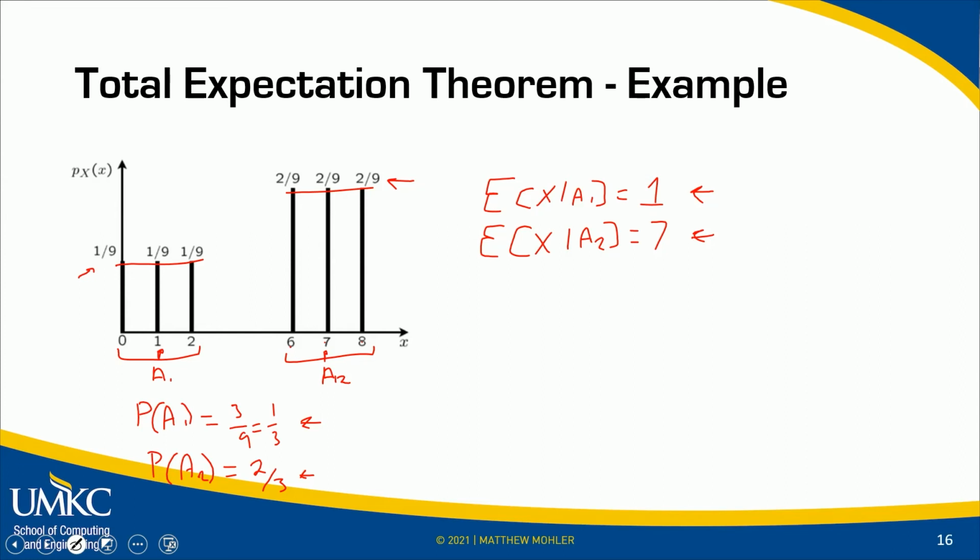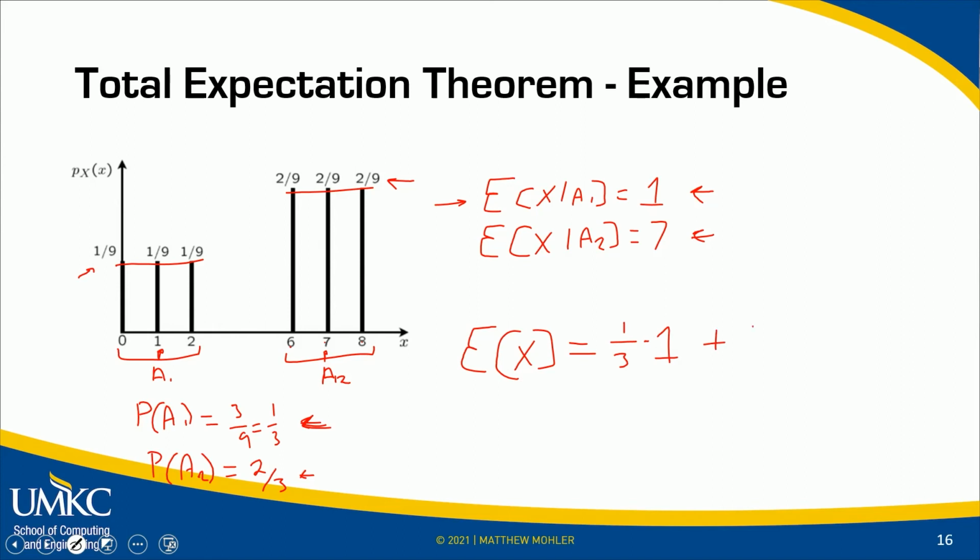But the question is, can we calculate the expected value of x? And the answer is yes, and this is where the total expectation theorem really shows its power. The expected value of x for this specific PMF would be equal to, in general, the probability of a sub 1 multiplied by the expected value of x given a sub 1, plus all of those, like we looked at on the previous slide. But here that's just equal to 1/3, that is the probability of a sub 1, multiplied by 1. That is the expected value of x given a sub 1,